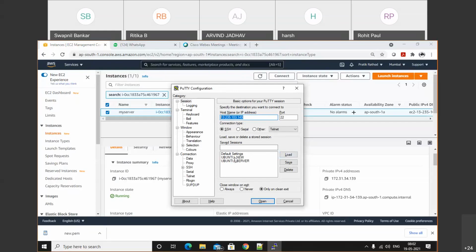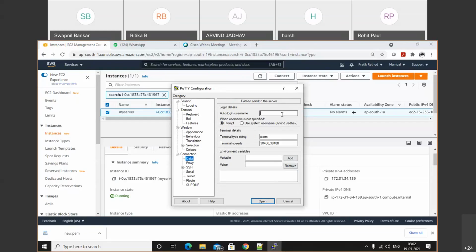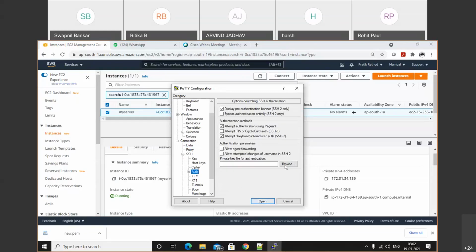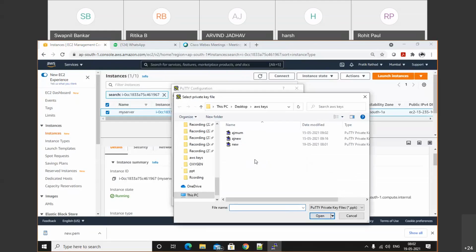After that, delete the folder sections. After that, click on data, and write the username as ubuntu. Click on auth. After that, here select the key name new.